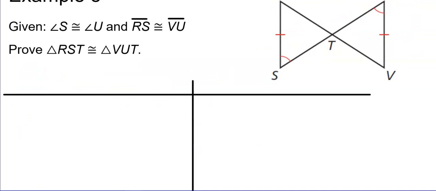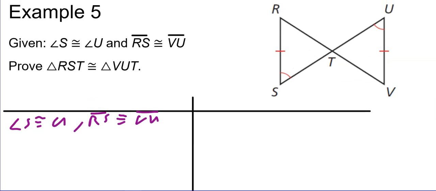We're given angle S is congruent to angle U, and RS, line segment, is congruent to VU. Everything is marked on here. Looking at this, we already know that this is going to be congruent to itself, right? Not to itself, sorry. It's congruent by vertical angles. So I'm going to say that. Now, got to be careful here. So I'm going to go like road maps. So R has no angle mark, S has 1, T has 2. So I'm going to say